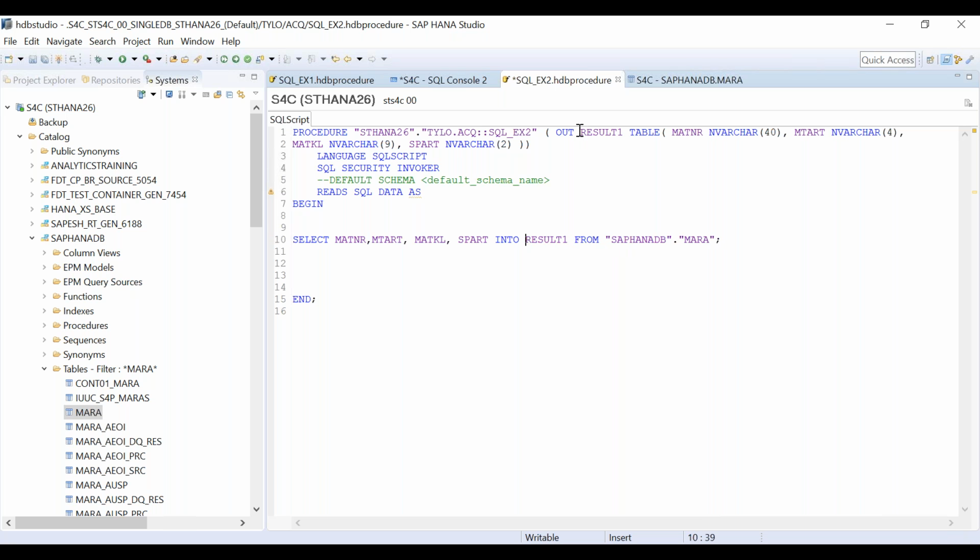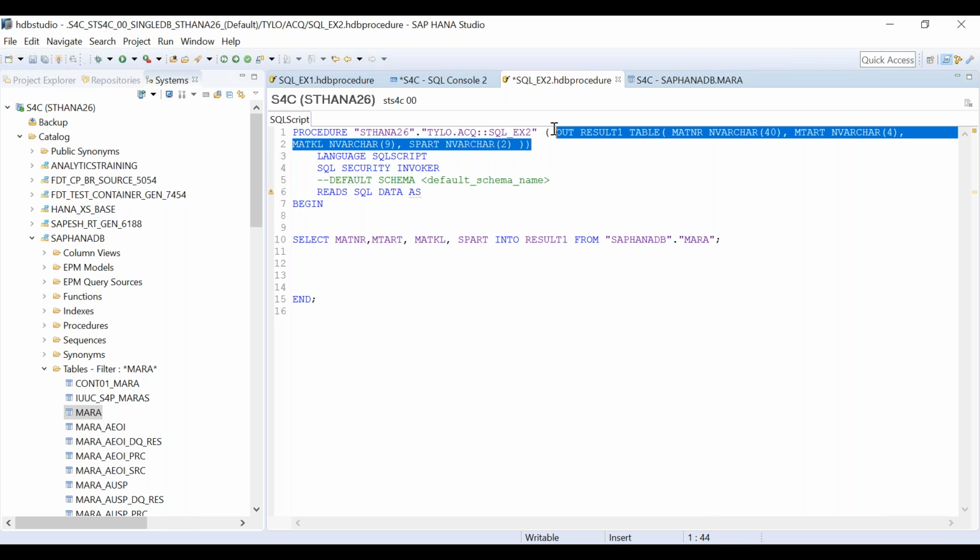Result1 is this table variable. So what I want, select these columns into result1, from this table. This table variable has exactly the same structure. So always be mindful that whatever you are selecting should be exactly the same structure in the output structure also.